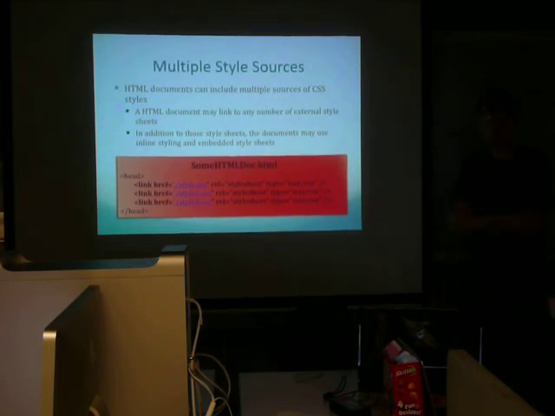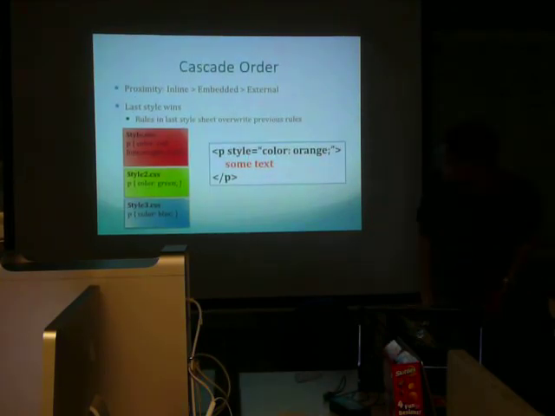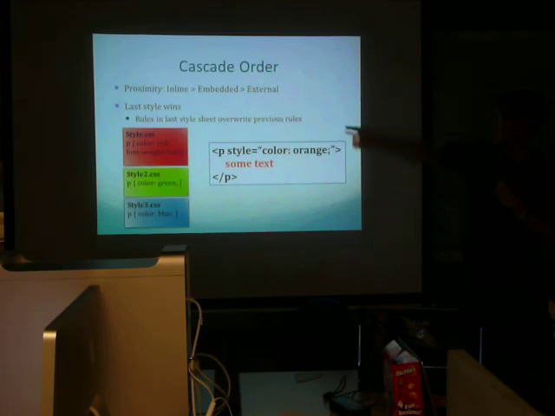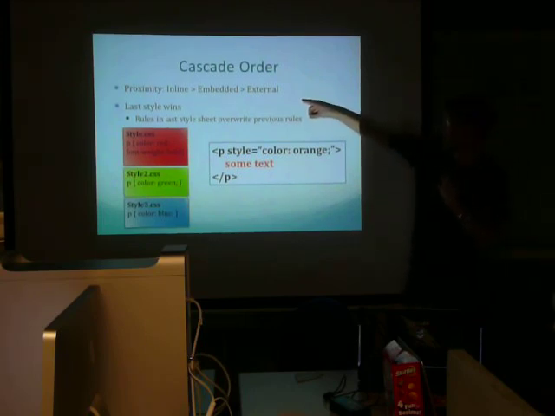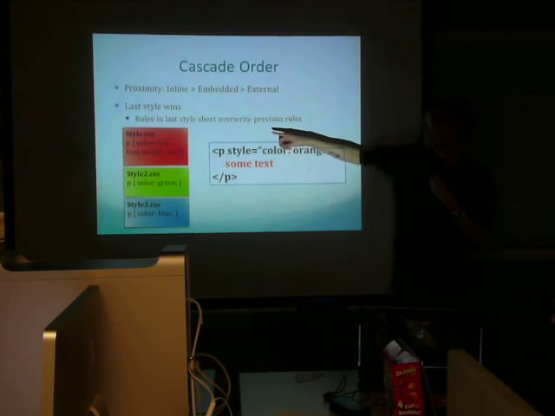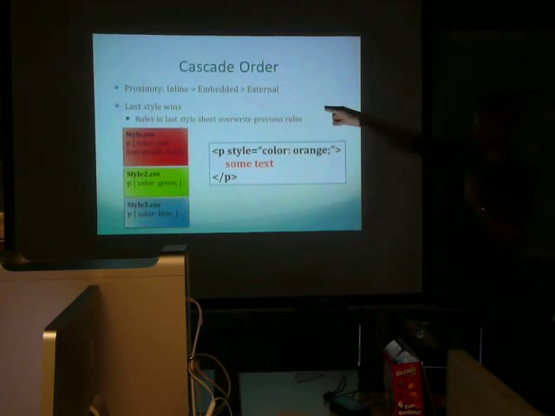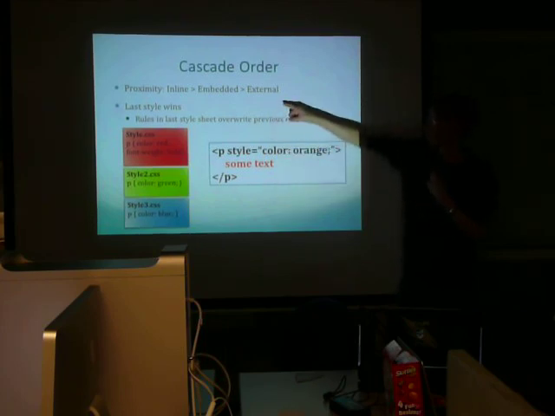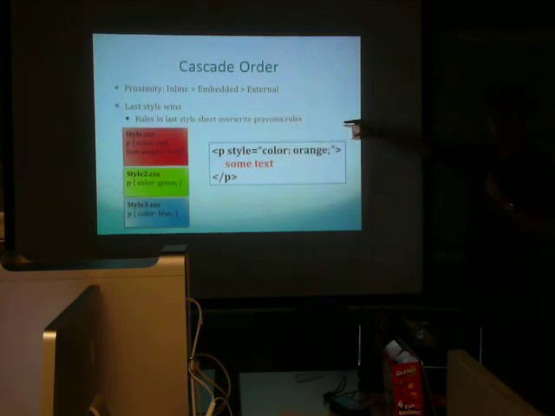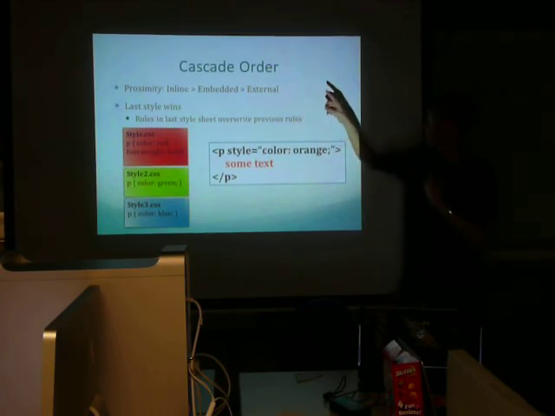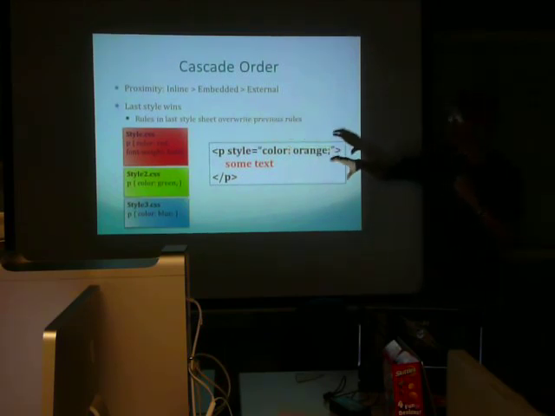Any questions? So, cascade order, the last thing. Basically, the last style wins. If you have multiple style sheets embedded and there's a conflict, the last style applied is the one that wins. And proximity means the inline styles will always beat the embedded styles, which beat the external styles. So if you have something from an external style sheet, like the link href, that will not take precedence over an embedded style, which is inside the page. And the inline style, for example, this is an inline style, this will always take precedence over